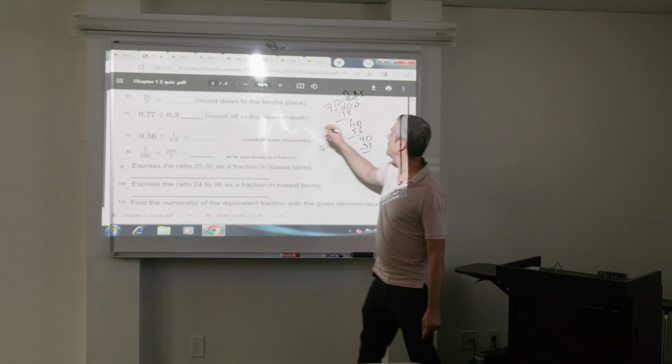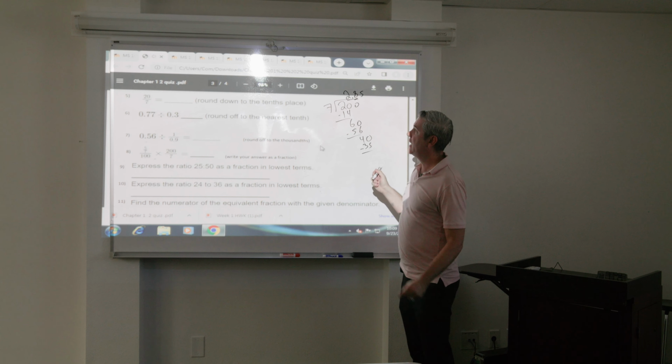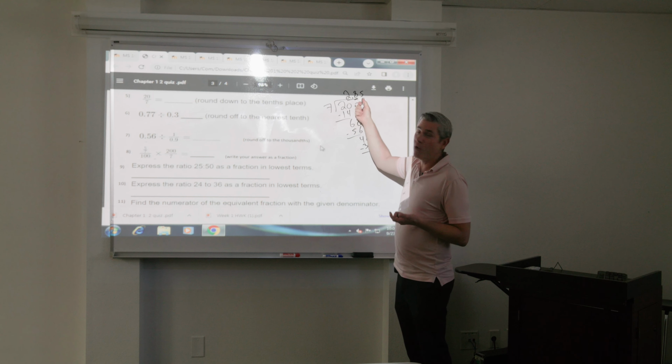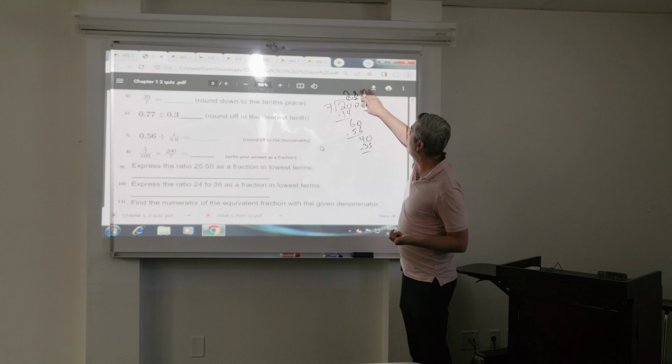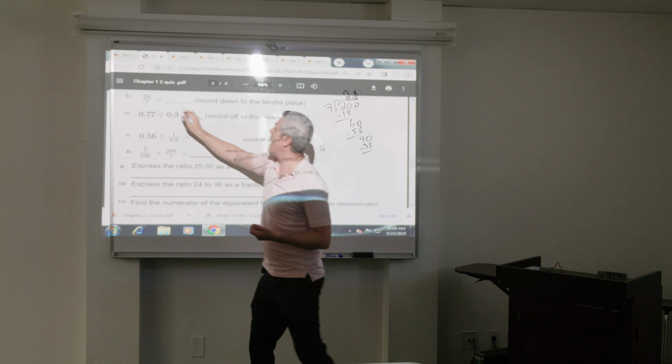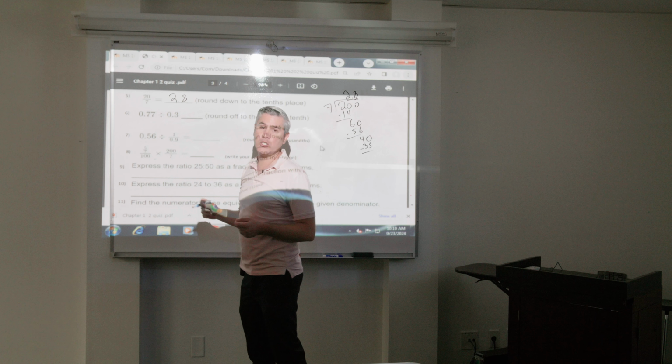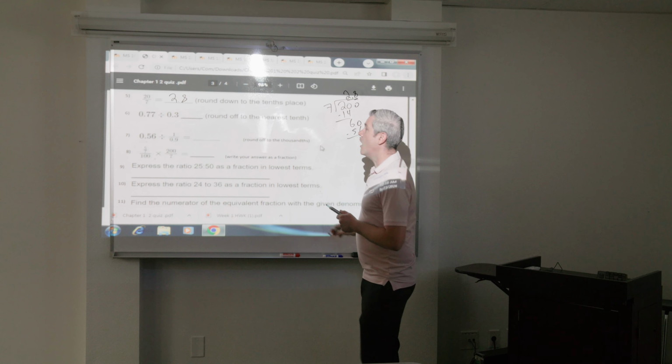Okay, so then we're going to round to the tenths, which would be the 8. It says round down. Even though it's a 5, a 9, whatever number, you really ignore it. So the correct answer there that I was looking for was 2.8. Number 6,